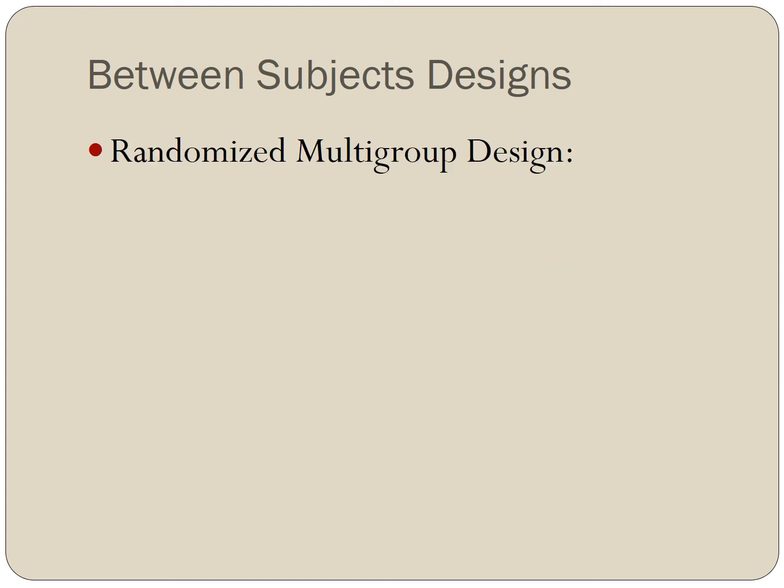So we continue our description of between subjects designs with a randomized multi-group design. And as the name implies, it's pretty much the same as the randomized single factor design. We just don't have a control group, which is really optional. And we just have more groups that we test. So using the same example, because I'm not feeling very imaginative today, let's say we're testing the effects of coconut oil on weight loss. So coconut oil is our independent variable, weight loss is our dependent variable, and we've got